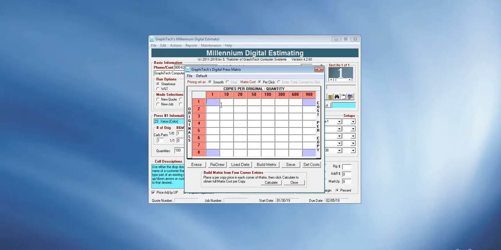Let's assume for discussion purposes that what we want to do is build a color digital press that runs 10 cents per click, and there are no other charges. It doesn't charge anything less if they're doing more quantities or more originals. So what we do in this first corner is we put in 0.10,